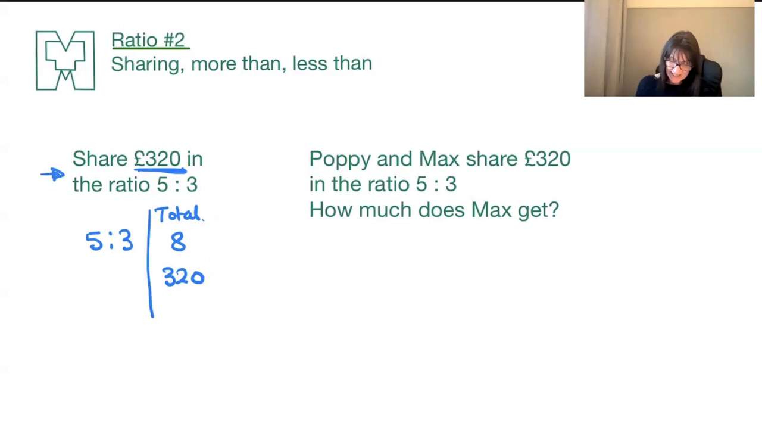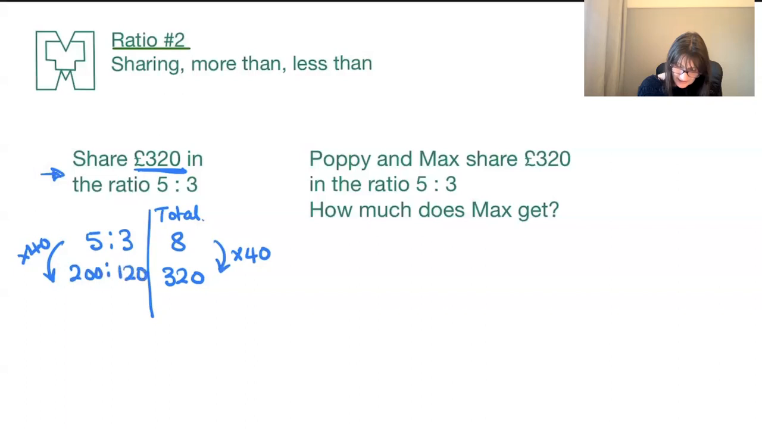I can see that I need to go from 8 to 320. If I just ignore the 0 and think about 8 getting to 32, I know that I would need to times by 4. So this is times by 40. And if that's what I'm doing on that side of my ratio, it's what I must be doing on this side. So I multiply everything by 40,